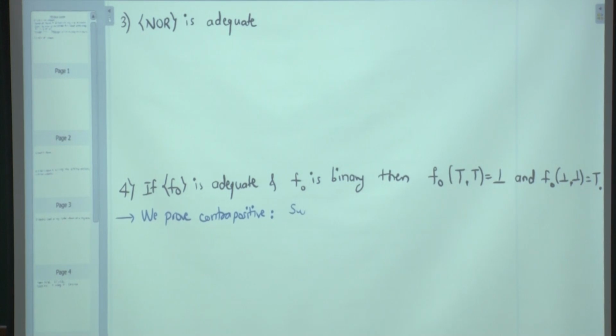So suppose f0 of true is not equal to false. Well, not equal to false, because we are in a binary world, means it is true. Suppose this is true, or false is not equal to true means it is false. So we will show